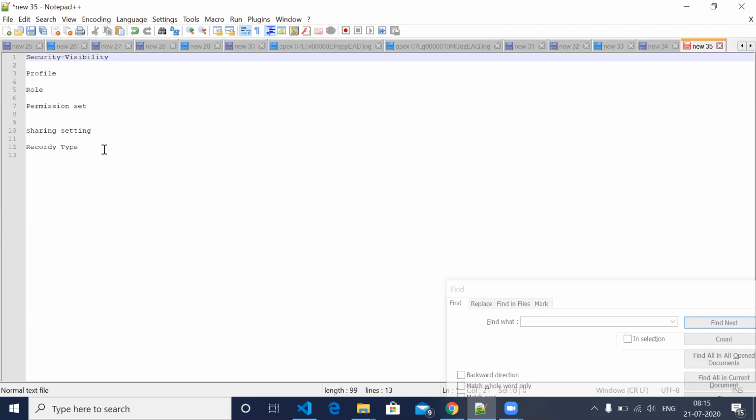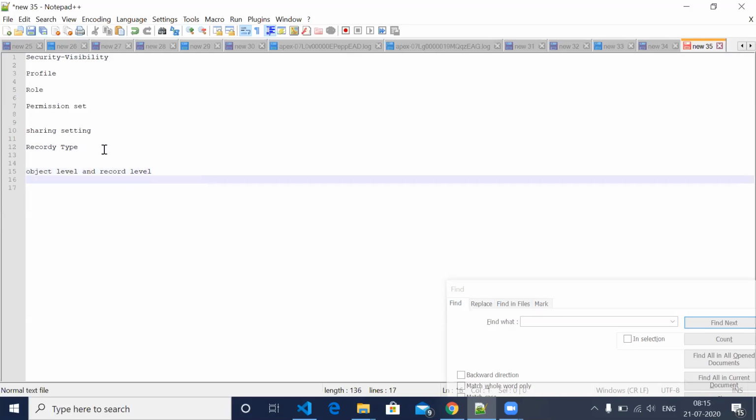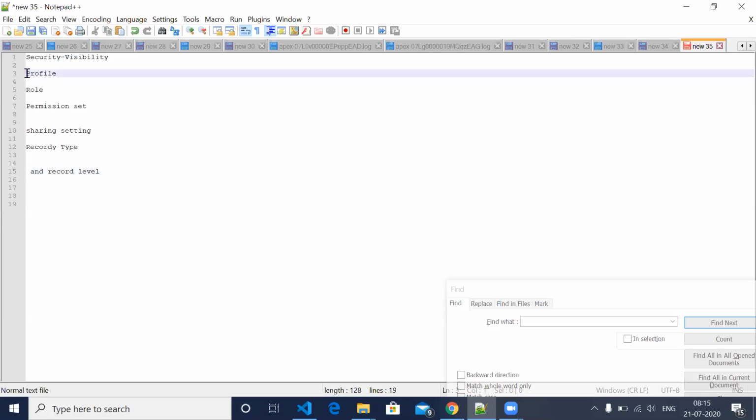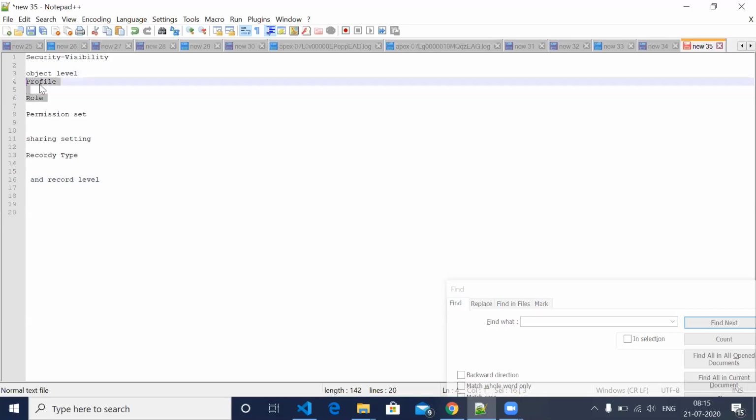One is object level and the other is record level. Object level means these two: profile and role, these two we have to control at the object level.